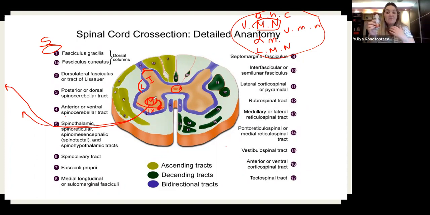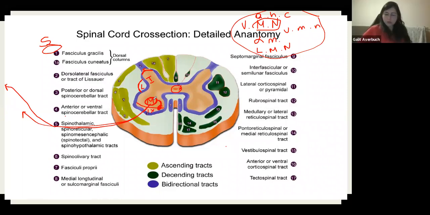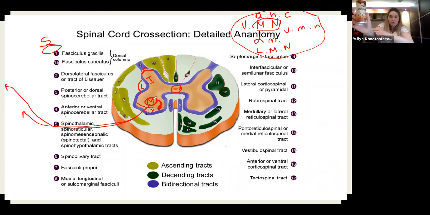So every time I send an action potential to the skeletal muscle, who else is aware? The Renshaw, because you see, I have two branches. Every time I do something with one arm, another one feels it. So it doesn't matter whatever your alpha motor neuron is doing to the skeletal muscle, through the excitatory collateral, the